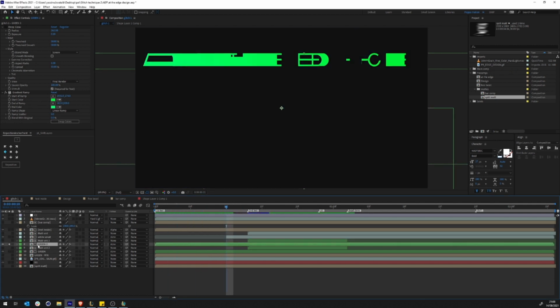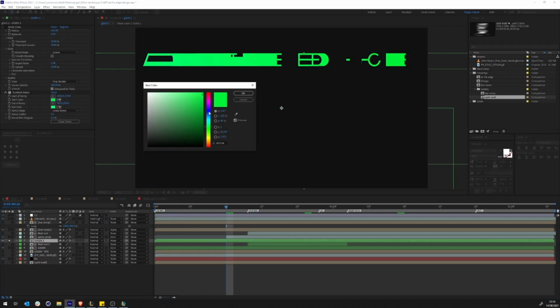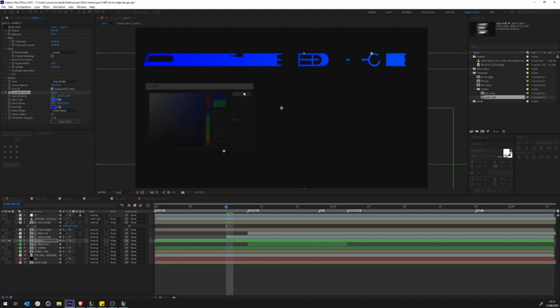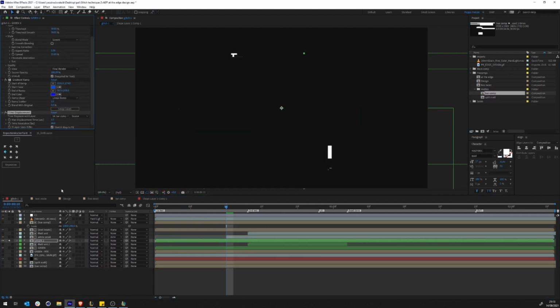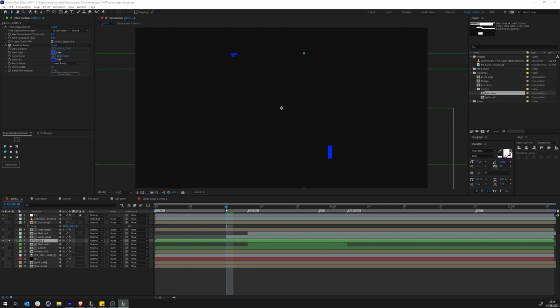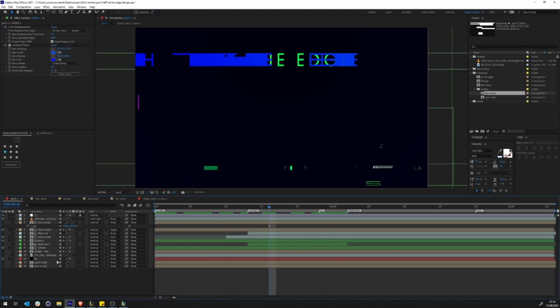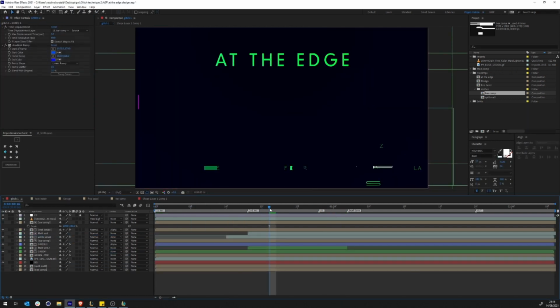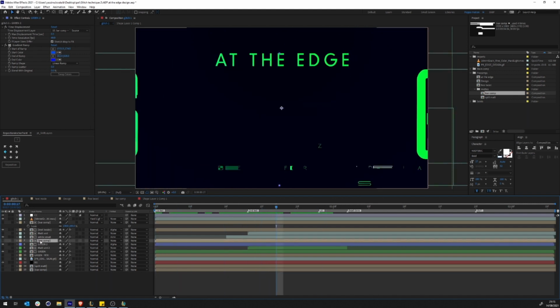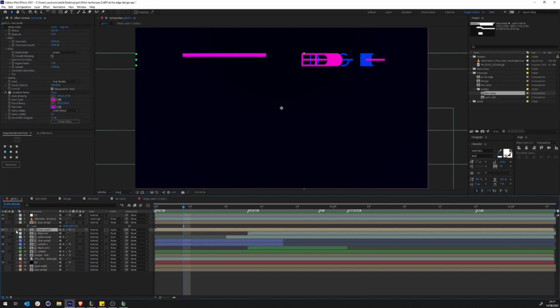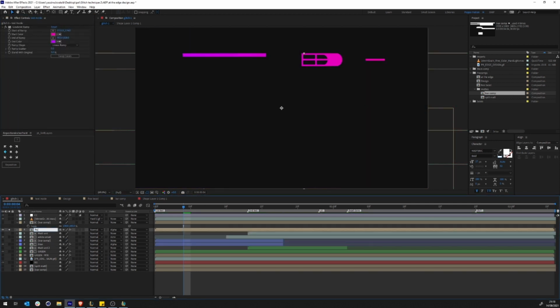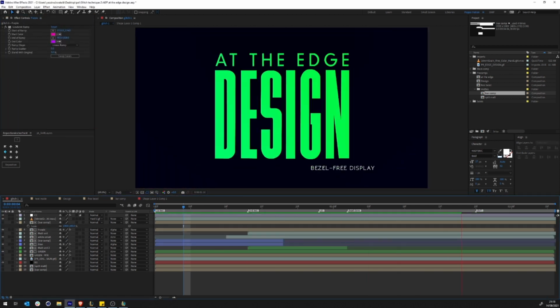Of course, I have to color my layers so that I know what color is what comp, since I'm gonna put all the colors outside. So I have to be careful with coloring my layers and naming them correctly. So again, green, blue, and of course purple. If you want to add another color, you can add yellow